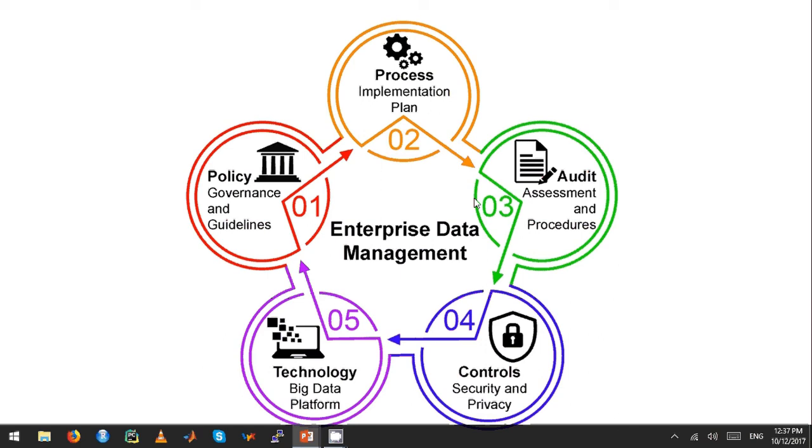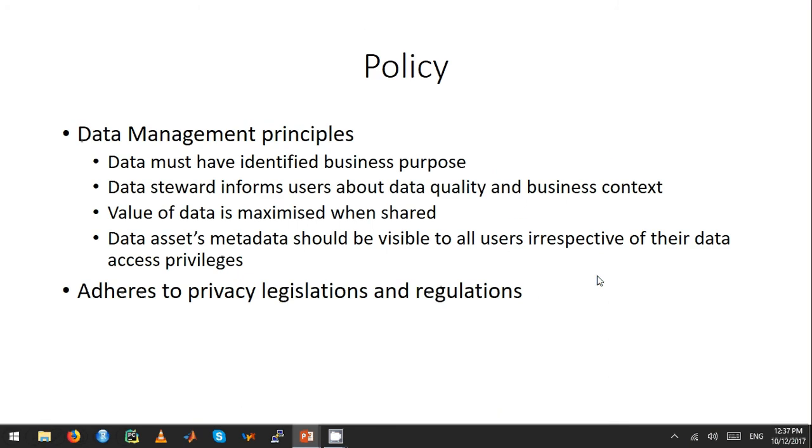And finally, the platform. How does the platform actually take all this policy, process, audit, and controls framework and then get it implemented in a technology? Let me go into the policy framework. So in policy,